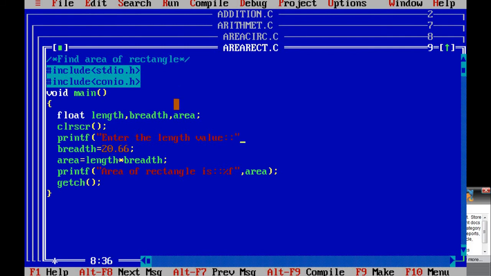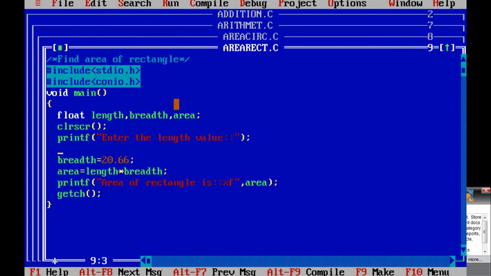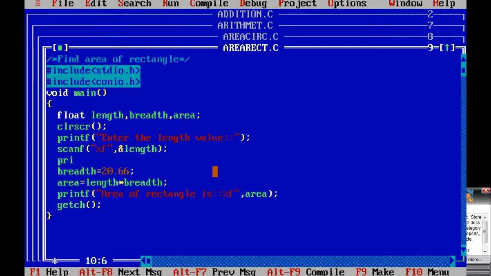Okay, so first you can enter the length value, write scanf. So here the format code comes %f because the data type for length and width is what? Float. So that's why the format code is %f, double quotes complete, ampersand length. Okay. Then next I want to enter the value of width. So again write slash n and put here, I want to enter the value in a new line.